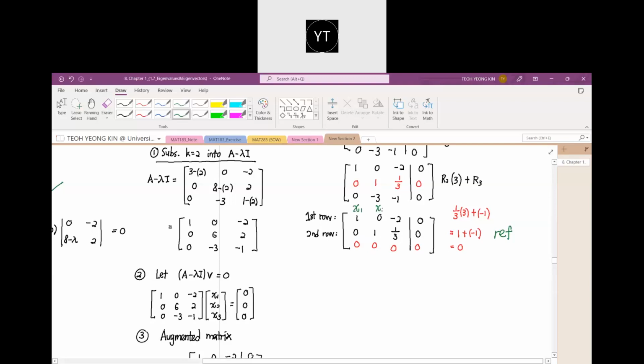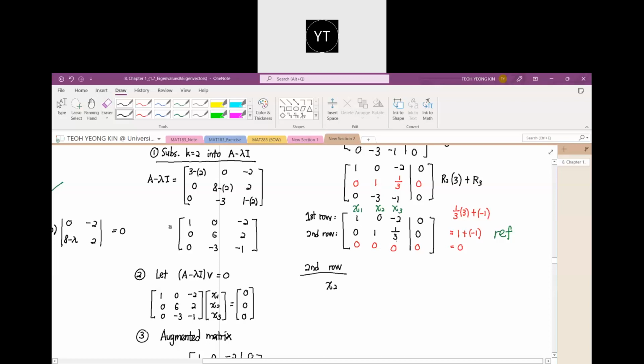Here is x2. Here is x3. We start with the second row. Using back substitution, 1, x2, 0 means x1 does not exist because it is 0. So 1 x2 means that x2